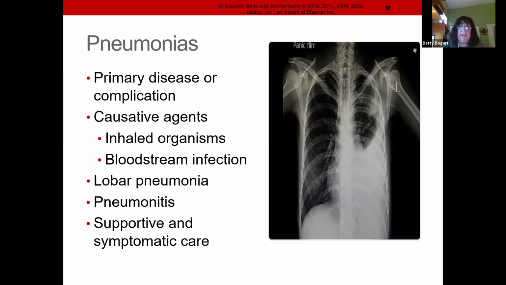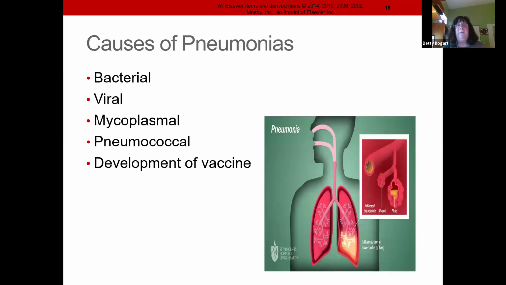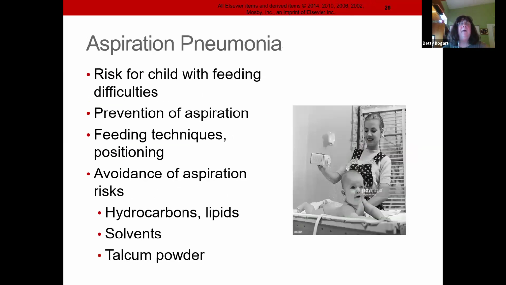Now, pneumonias are interesting. Could be caused by a couple different things. It could be due to that good old baby powder, right? That we have in the air. And that aspiration. It could also, if you think about it, be the way that we feed them. There's some kids who do have that reflux and they do spit up with every feed. Now, spitting up, you have the possibility of aspiration. So teaching parents how to feed their child properly, not to overfeed, how to burp well, sitting them up after they eat. All of those things are going to help decrease the incidence of aspiration pneumonia.